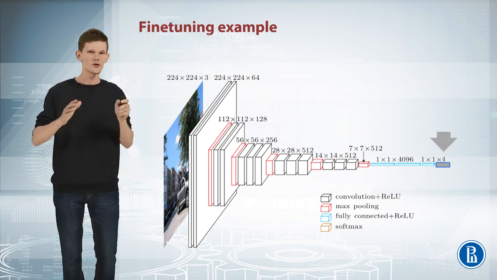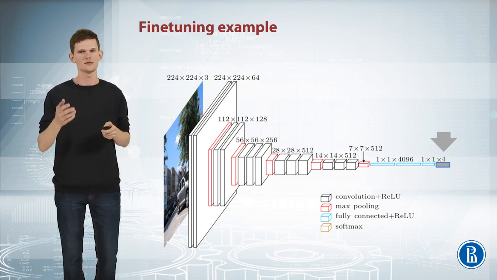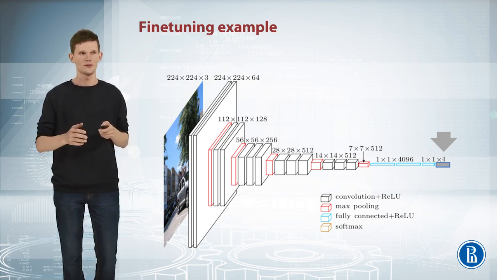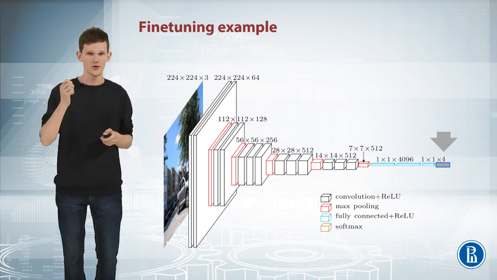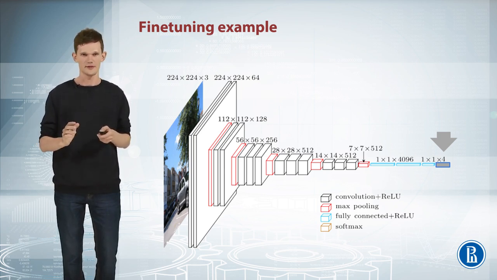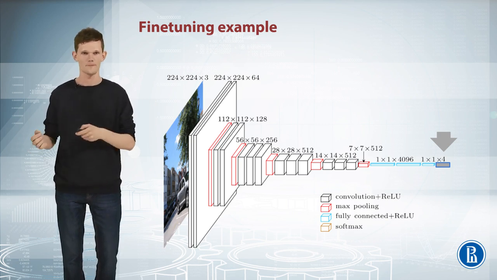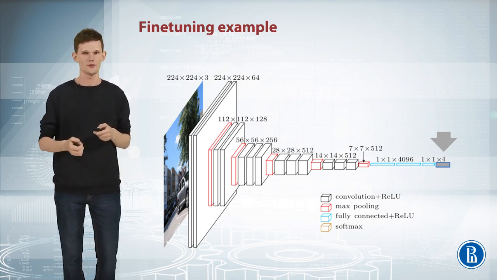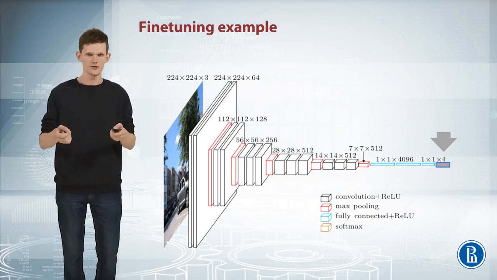Then we just retrain our model with a very small learning rate, usually about 1000 times lesser than the initial learning rate. Great, that is, fine-tuning is done. But, as we already discussed earlier in this video, we can benefit from using a model pre-trained on a similar dataset. ImageNet by itself consists of very different classes, from animals to cars, from furniture to food. Could we find a more suitable pre-trained model? Indeed, we could take a model trained on the Places dataset with pictures of buildings and houses,